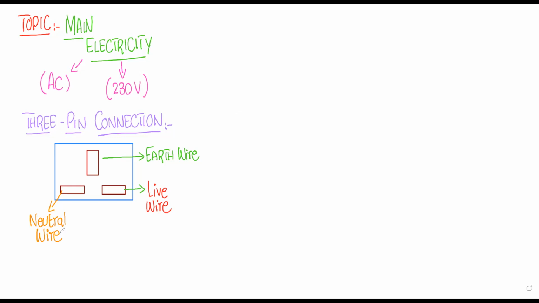Now let's see the structure of the 3-pin socket, because this is the diagram for the 3-pin socket. Now if we talk about the 3-pin plug, in a 3-pin plug there are different wires, you already know the names of them: the live wire, neutral wire, earth wire. Before discussing the uses of these wires, let's first see the structure. Structure will be like this,